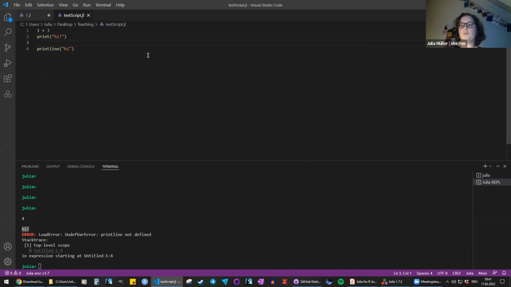But what we want to use is actually Pluto Notebooks, and I'll show you why. In Visual Studio Code, everything that you type in here is going to be interpreted as code, and it's going to try to execute that. But in teaching, we often want to make comments. We often want to say, so I'll just say this is our first code.